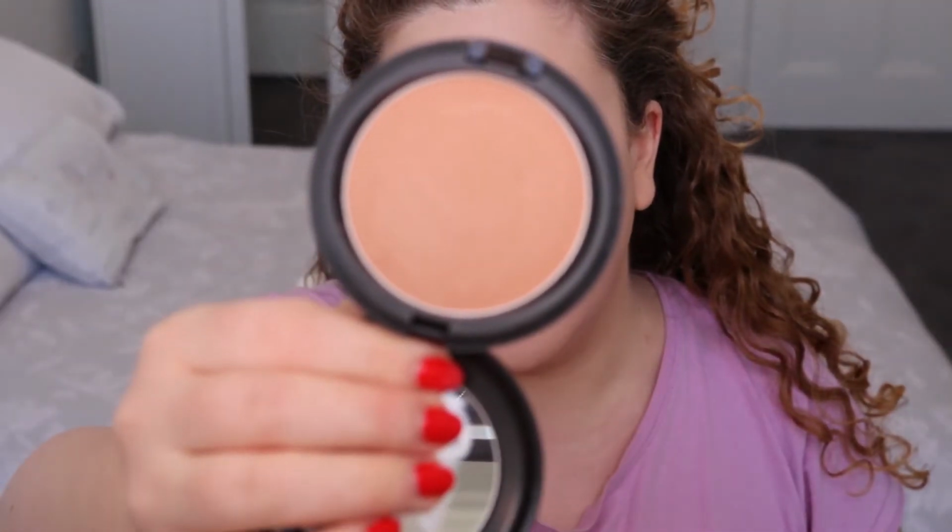Then I'm using MAC Golden Bronzer. I swear to you, this thing does nothing. Like, what's wrong with it? I mean, you can kind of see it, but...